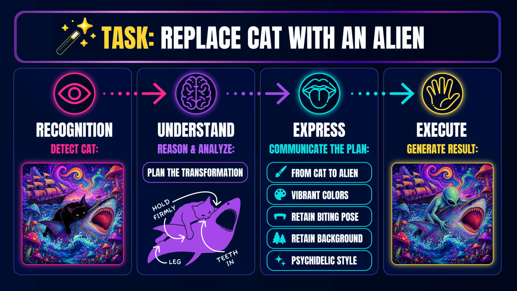But here's the million-dollar question. When does an AI agent become what people call agentic AI? Agentic AI is when an agent doesn't just use its organs once, or accomplish a simple one-sentence task like paint an elf or replace the cat with an alien. It's when an agent can observe, think, communicate, and act in cycles as many times as needed until a more complex task is complete. In other words, agentic AI is defined by how agents behave over time in an autonomous